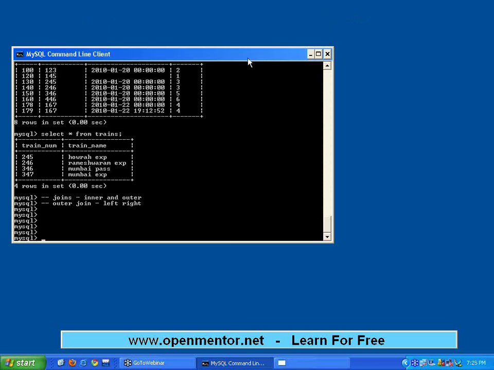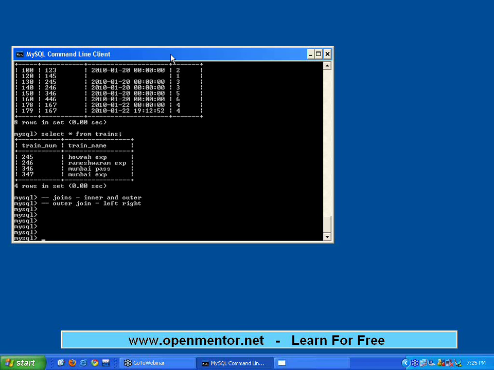I want to get ticket number or the train number, train name, date of journey and passengers. This has got 4 data, but it doesn't have train number, train name, sorry. To get the train name, I have to join these 2. The last class I have just started the example. Now I'll do explanation. How do I do the join? There are 2 ways. Either you can explicitly spell it out, or you can straight away use that. I will show you how to do that.